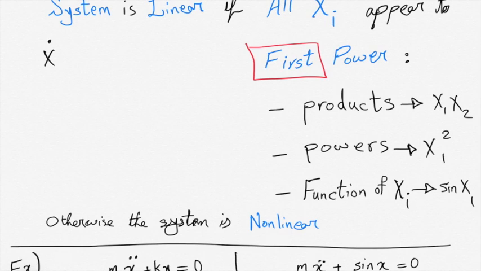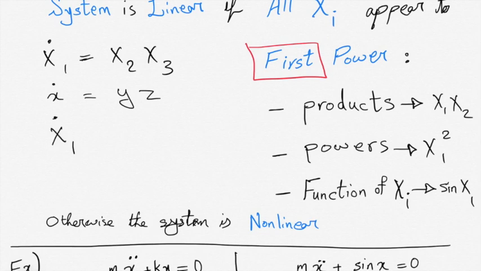You cannot find it, like if you have, for instance, x dot 1 is equal to x2 x3. You can take it like these indexes are like this, right? X dot is equal to yz, right? So if you have such systems which are the products of the variables, or you have the powers of them, like